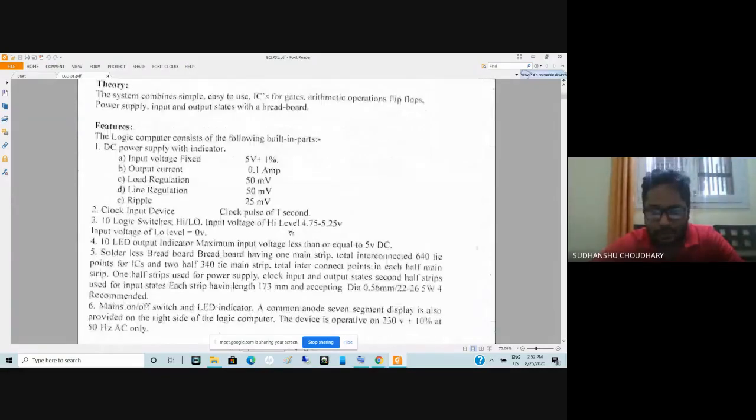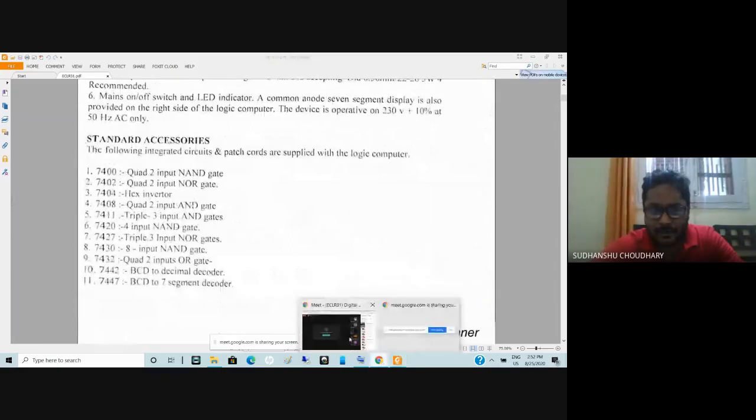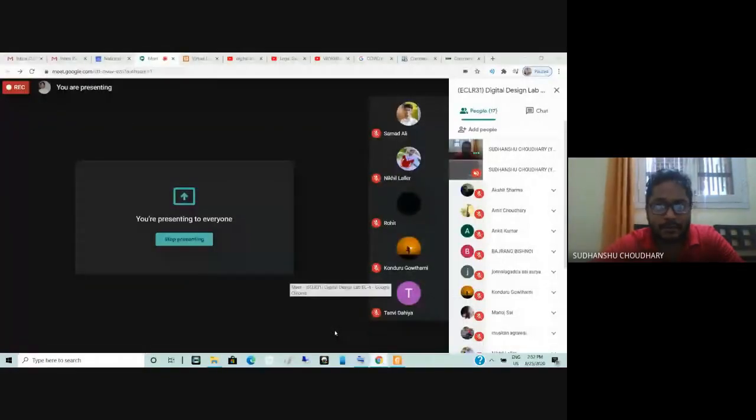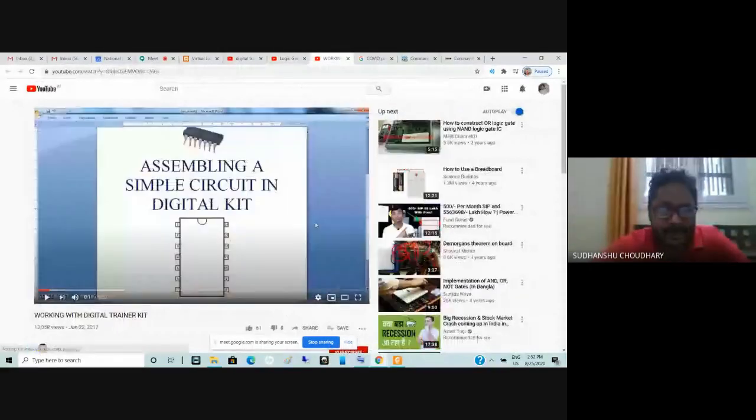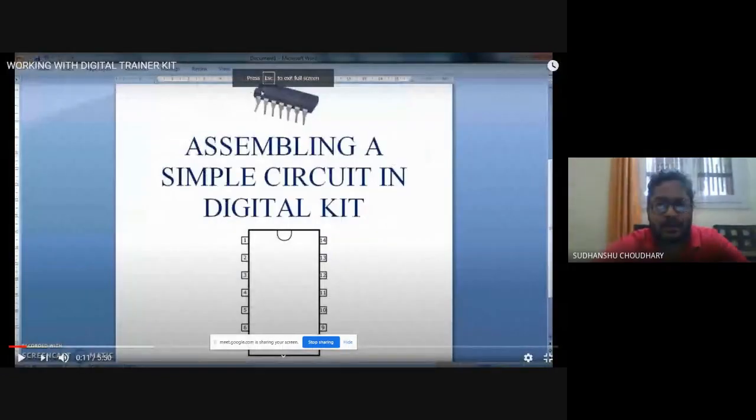So let me show you what kind of kit we have in the lab. But before that, let us talk about the integrated circuit that you will be provided. You will be provided an integrated circuit or IC, which may look like this picture here on the top. It represents an integrated circuit, and it has pins here. You can see silver metallic pins, and this IC may contain logic gates.